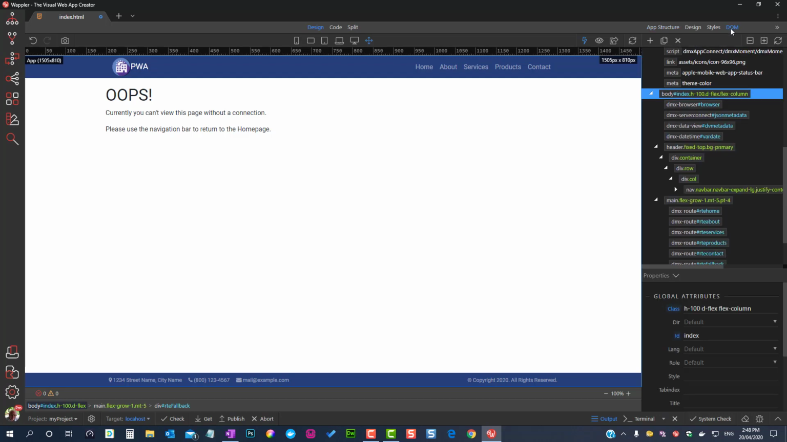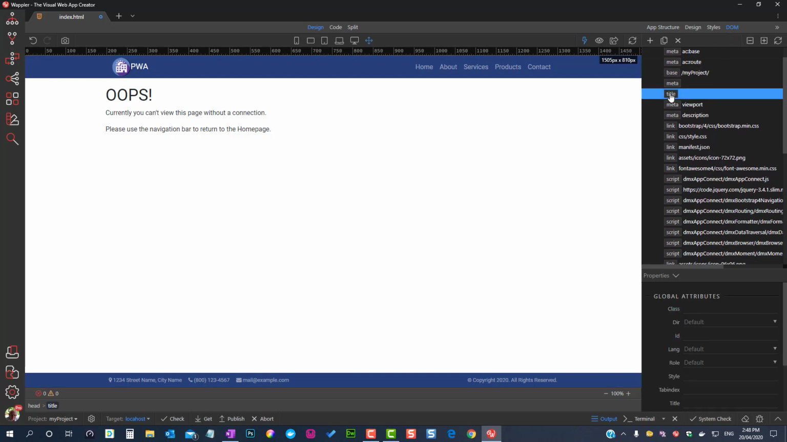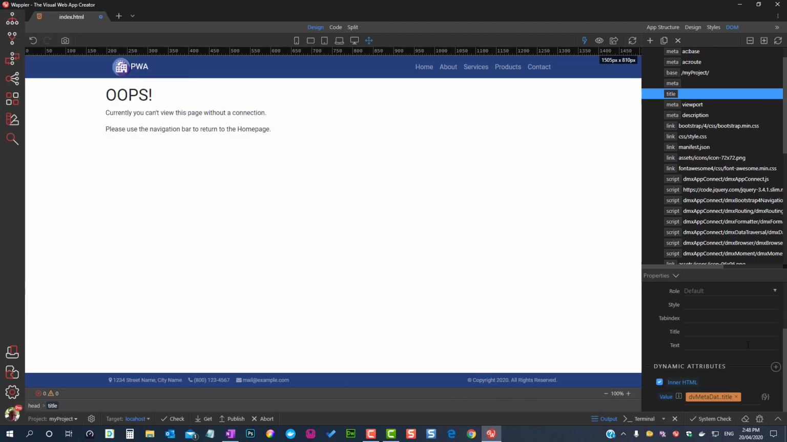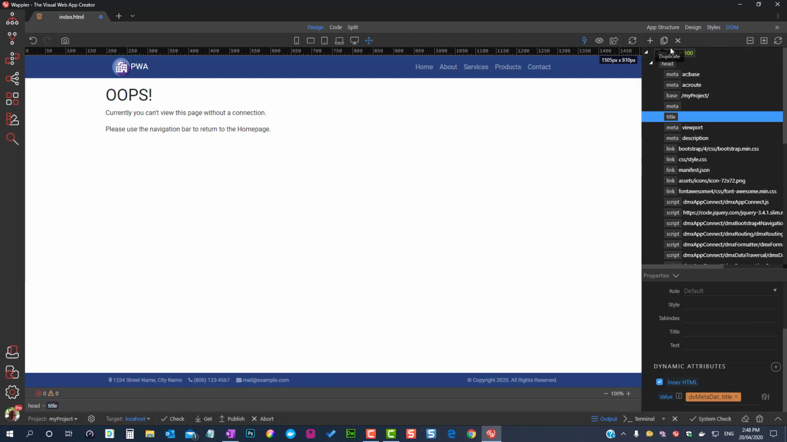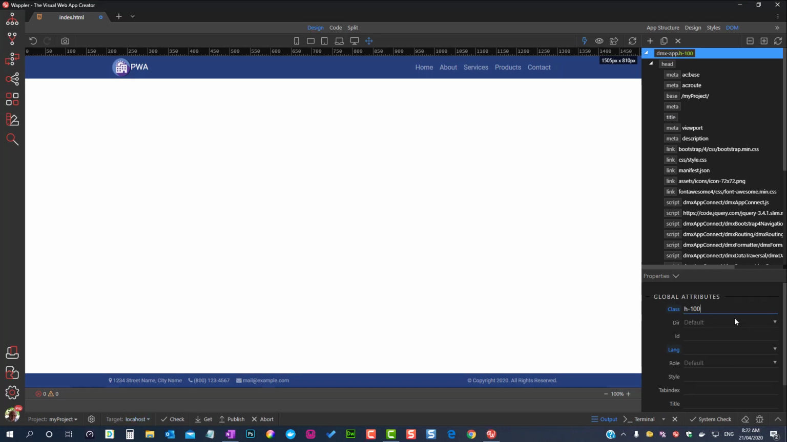To assign this value, we need to go to the DOM panel. Under Dynamic Attributes, I have assigned the corresponding value from the data view. While in the DOM panel, choose the HTML tag to which we assign the app root. A class of h-100